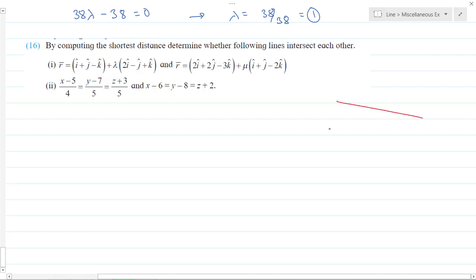If the lines are intersecting, what will be the shortest distance between them? That distance d is equal to 0. And you know how to get the distance formula: it is del divided by the big root. And this del is what? It is x2 minus x1, y2 minus y1, z2 minus z1, then l1, m1, n1 and l2, m2, n2. That I will write here.